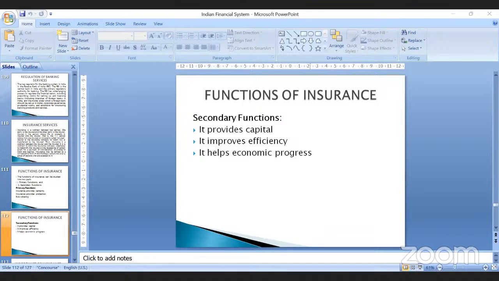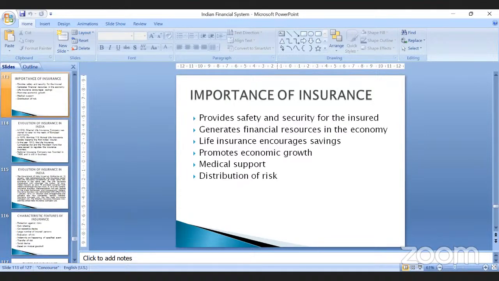Insurance policy helps in the economic development of a country. There is an importance, a significance of insurance in protecting the life of the people. There is some significance of insurance in providing certain economic development towards the country. Now, what is the significant role that insurance plays in the country? It provides safety and security for